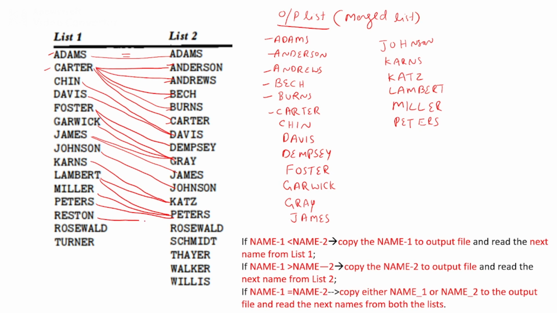So now both lists I need to update. Reston and Roosevelt. So Reston I will write. Then Roosevelt and Roosevelt, I will write any one of those. Then these two, so I will write this first.